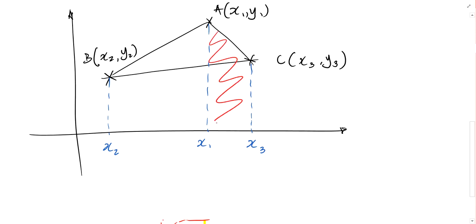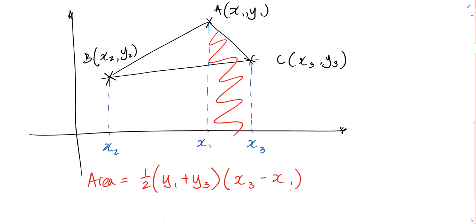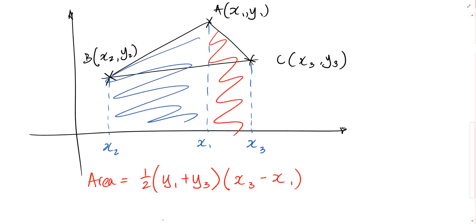So, for this one, area equals to half times the sum of parallel sides. What is the sum of parallel sides? Which one plus which one? y1 plus y3. Half times sum of parallel sides times x what? x3 minus x1. Okay, so this is the area of the red side, isn't it? Now let's have the area of the blue one. Okay, so the area, sorry, very messy. Half times y2 plus y1 times